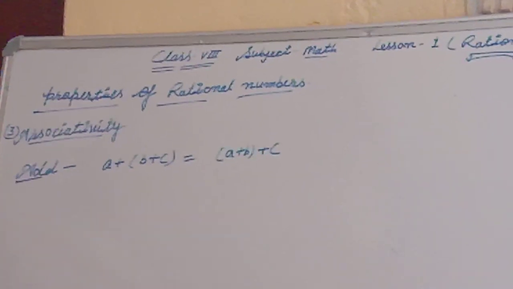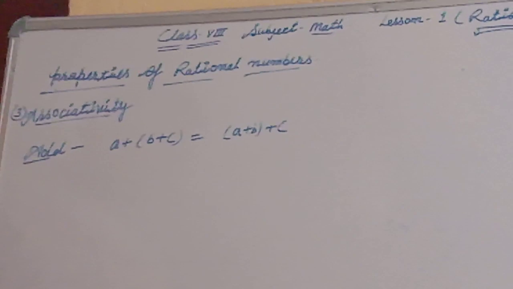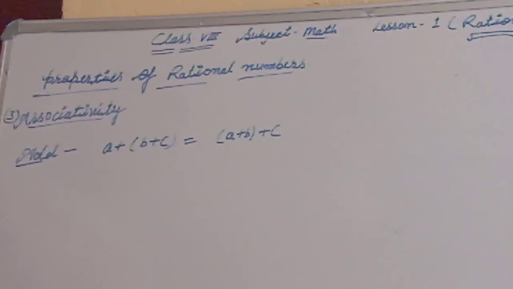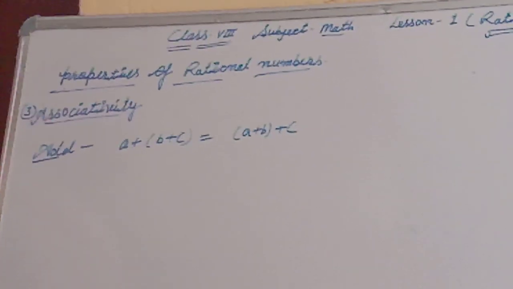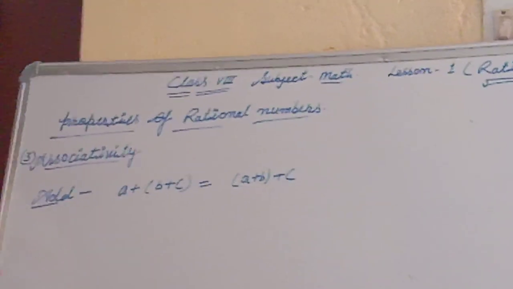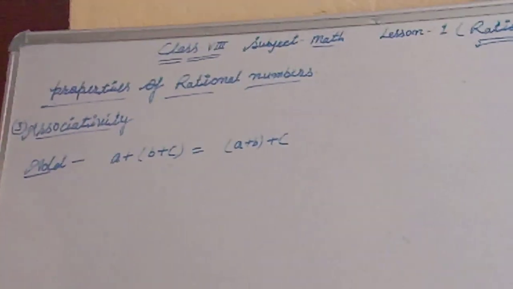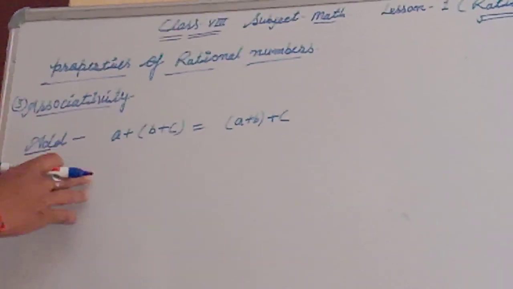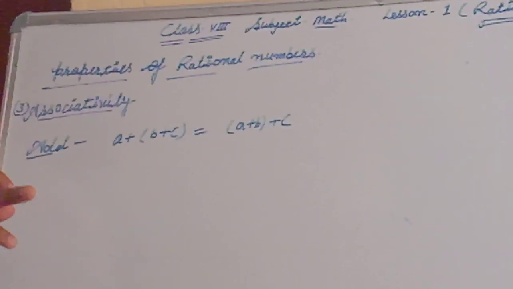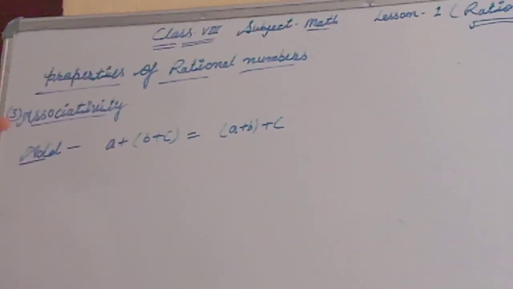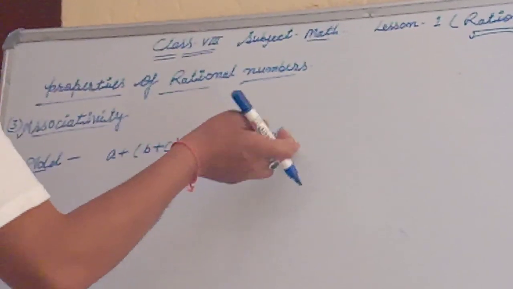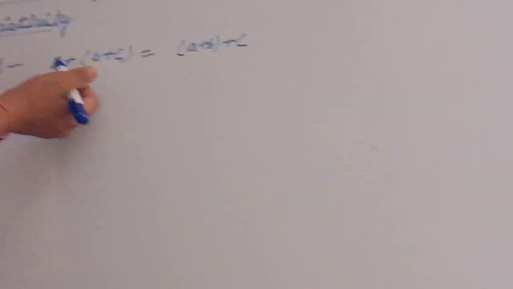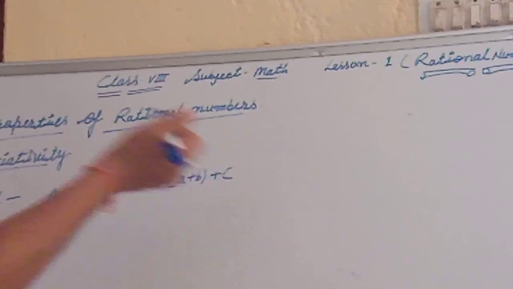Okay. Third property, associativity. Associativity means, just like the previous property, the commutative property, we know that addition and multiplication are followed by rational numbers, and subtraction and division are not followed by rational numbers. Same here: addition and multiplication are followed and subtraction and division are not followed. It means (a + b) + c is equal to a + (b + c). If we add, there will be a plus b in a bracket, and it will be the same thing.